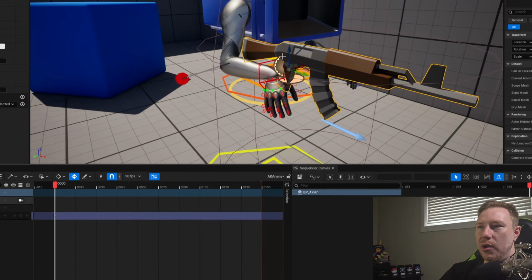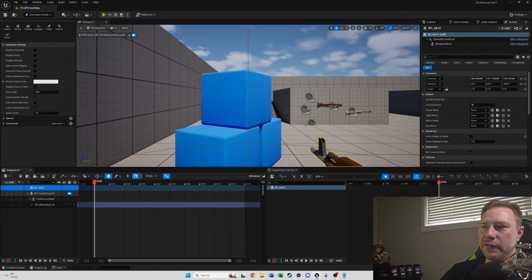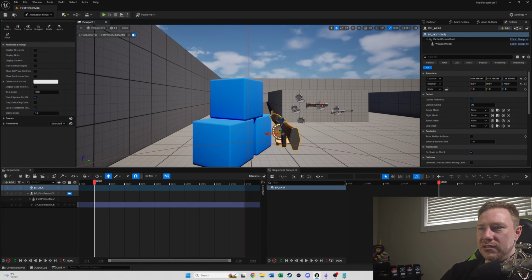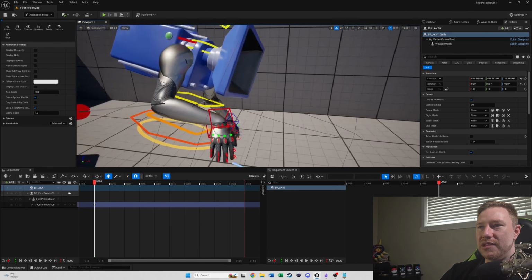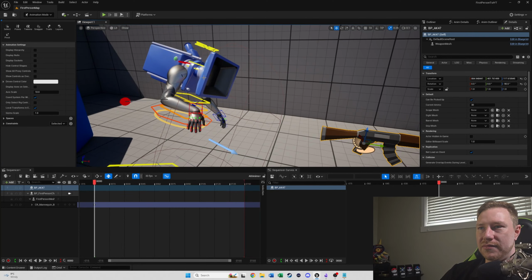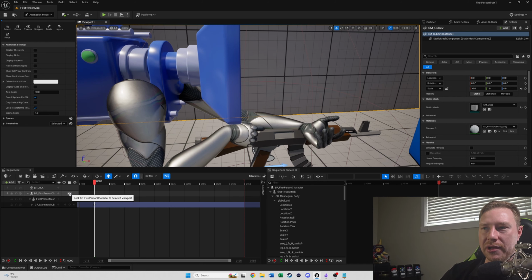Okay, so you can actually click right here. There's a little camera, and it says lock first person character to selected viewport. So if you click on that, this is our first person camera now. So we're looking at that. Don't move around in this viewport while this is active, because you're actually going to move the camera. If you do, I think you can Control Z, so you can see it's obviously moving everything. If you hit Control Z, it doesn't get you back. Okay, so don't do that. You can see them all off to the side there. Okay, there we go. We got it all fixed there. I guess you just got to leave the viewport to do that. But anyways,